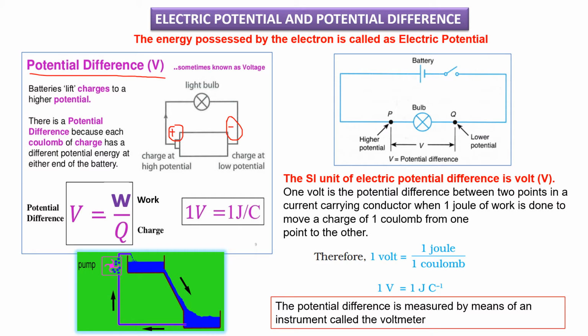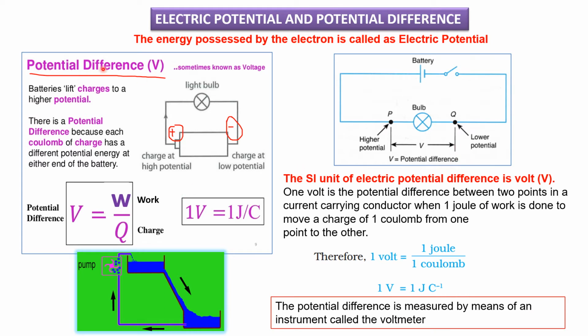You can see here also in this circuit, a battery is there, a switch is there, a bulb is there. If you measure the potential difference, this is the higher potential, always the positive side. This is the positive side and the smaller one is the negative side. So always the positive side is higher potential and the negative side is lower potential. The difference between here and here, the electric force, is nothing but potential difference.